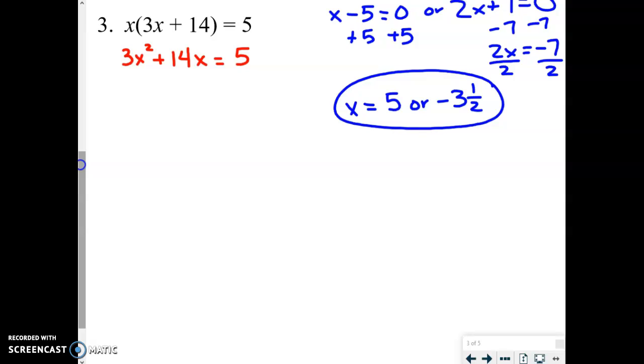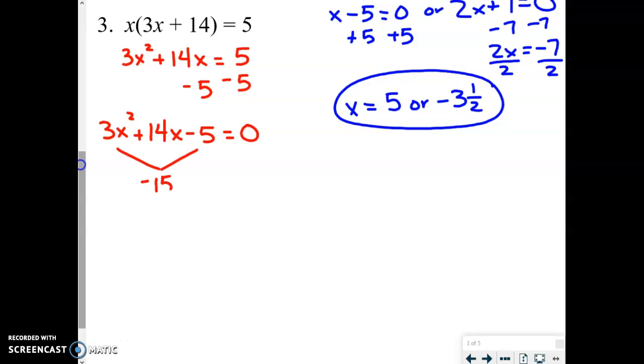So now we set it equal to 0 by subtracting 5 from both sides. And that leaves us with 3x squared plus 14x minus 5 is equal to 0. Once again, we use the British method, which gives us negative 15x squared. And the factors of negative 15x squared that give us 14x as a sum would be